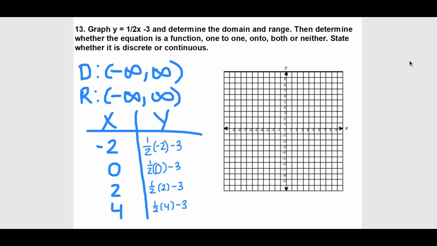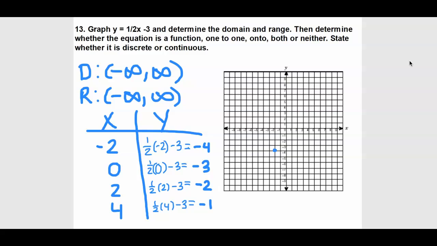Whatever that equals are the points you're going to plot. So you get -1 minus 3, which is -4. 0 minus 3, which is -3. 1 minus 3, so -2. And 2 minus 3, so -1. So we're going to plot the point -2,